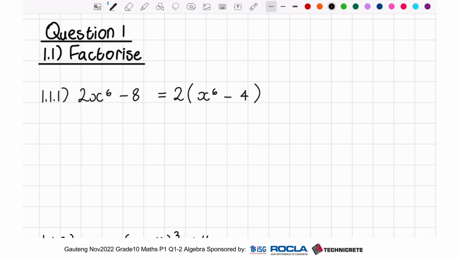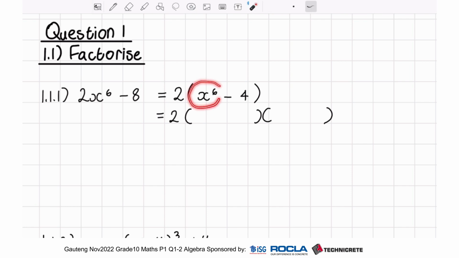Now I look at my terms in the brackets, and I can see that I've got a perfect square in the first term, a negative sign, and a perfect square in the last term. So that means that I can do the difference of two squares. So I keep the 2 the same outside, and now I'm going to have this one bracket becoming 2 brackets. And my first term in each of the brackets is going to be the square root of the first term in the original bracket. So the square root of x to the power of 6 is x cubed